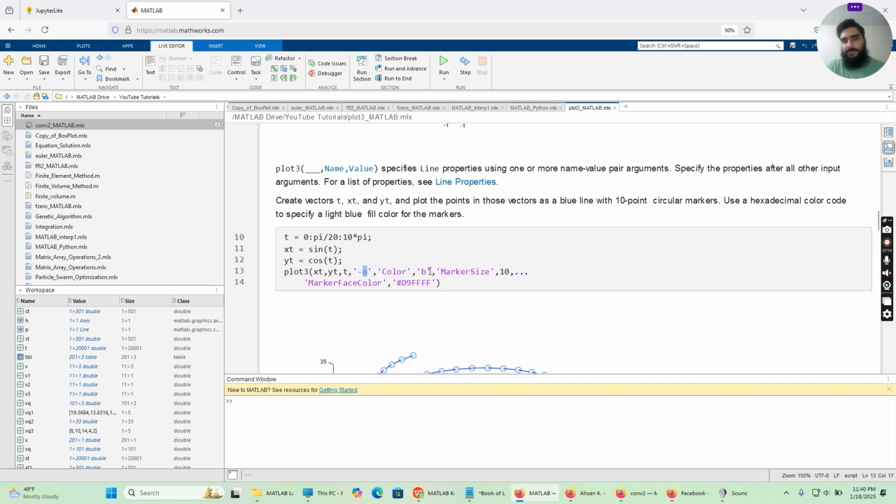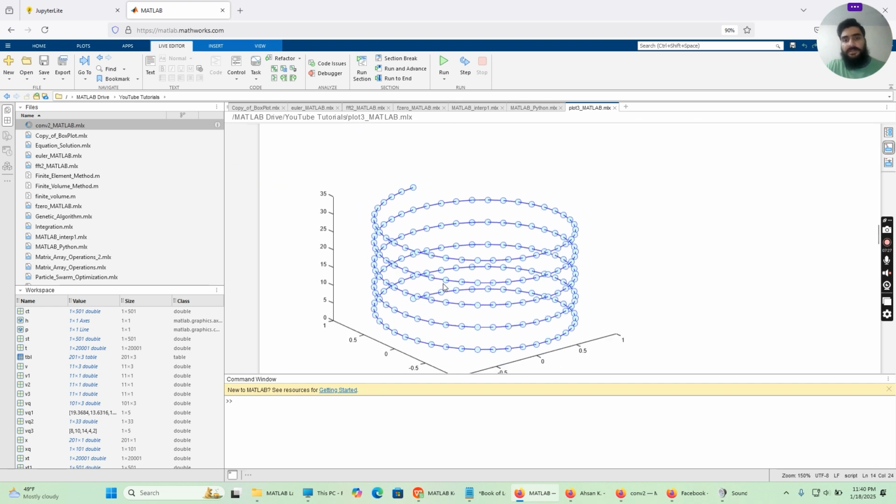We want color to be blue. Then we define the marker size. We want it to be 10. And then marker face color, we define it to be something else. In our case, we set it to this color code. Once we have done that, and when we run it,